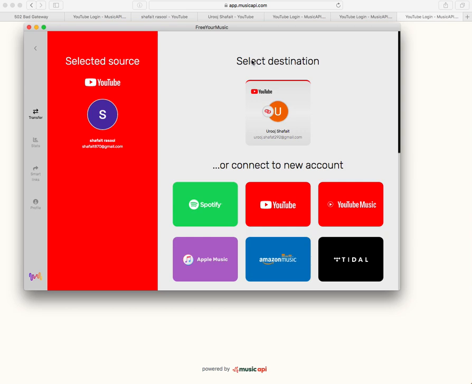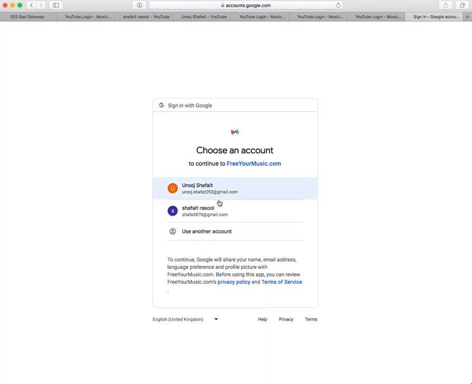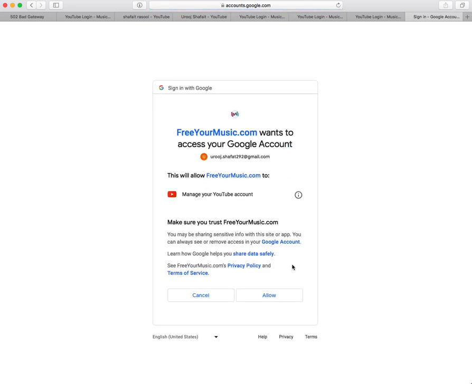Now it is asking to select the destination. So we will select our destination, as our destination is a YouTube channel as well. So we just select YouTube again. This is the destination where we want to move our playlist. So this is the channel which doesn't have a playlist yet. We want to move our playlist here. So we will select this one, allow it,